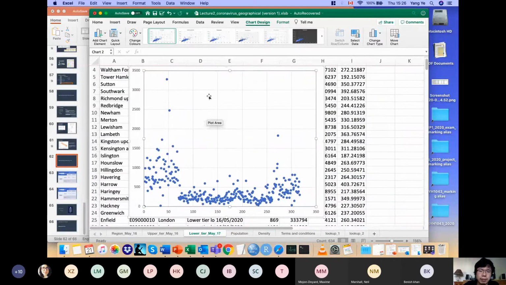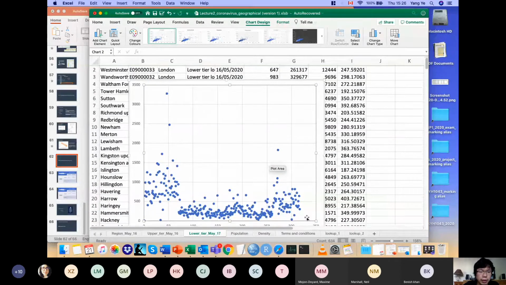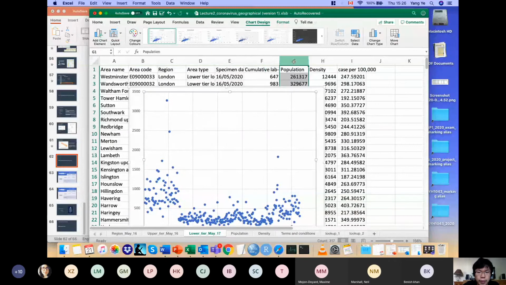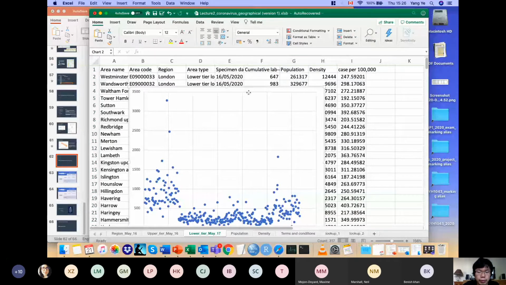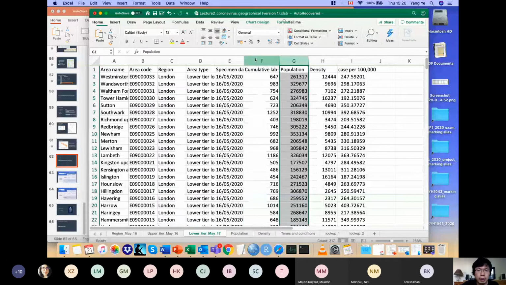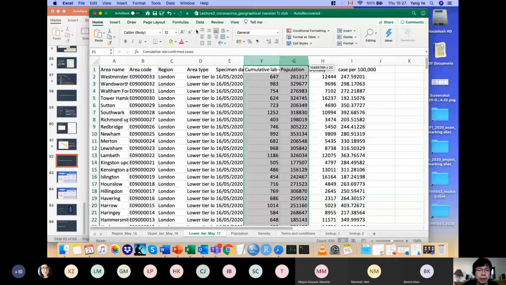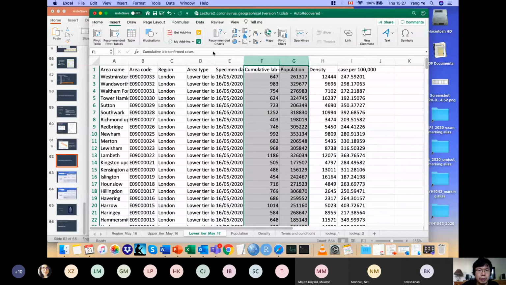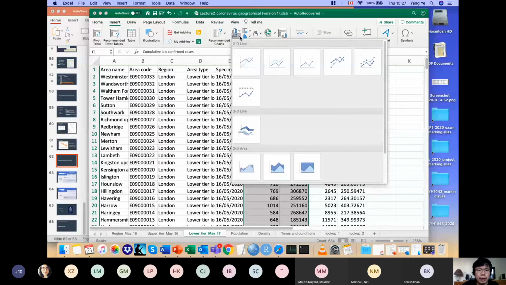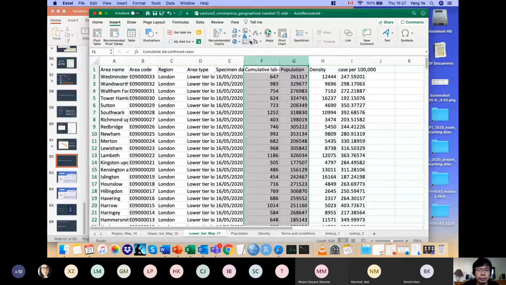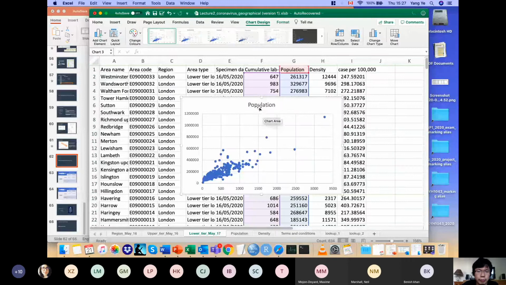Huh, for some reason this is not working very well because of the population. Let me just do that again. Lines. I'm not going to change